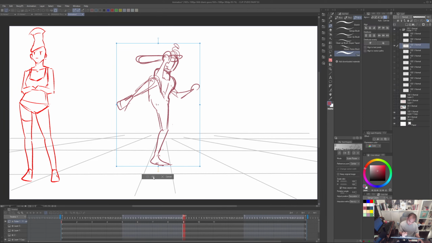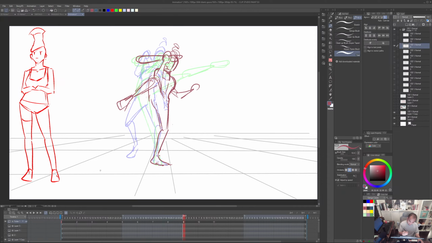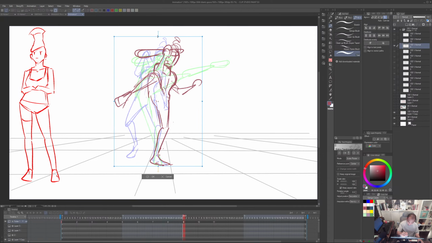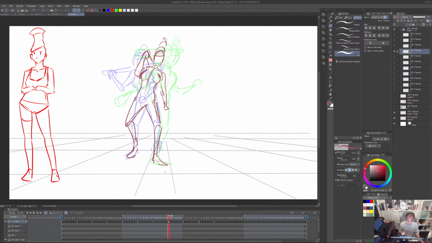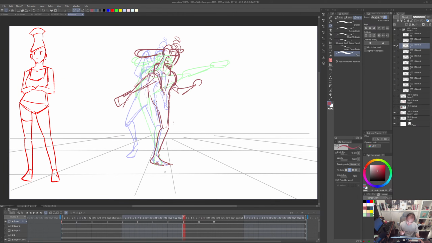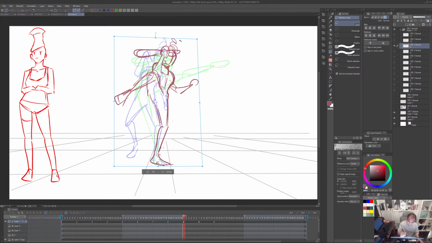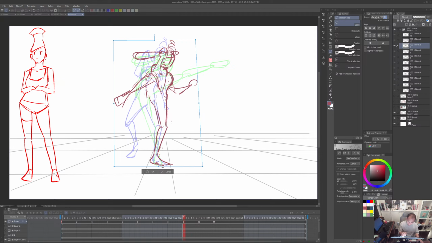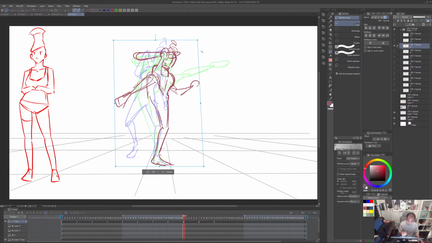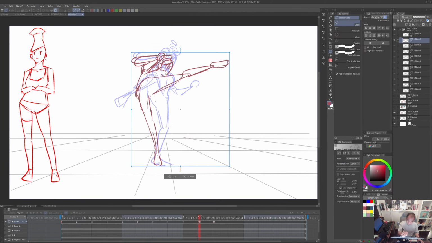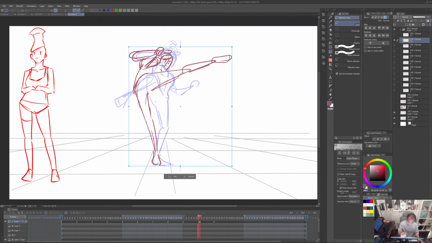Here, I want to adjust this one to match that she's going towards us, you know, and maybe I'm doing this one a little bit like that, to show that her head is still falling a bit behind the rest of her body. And obviously, if we try to do that,